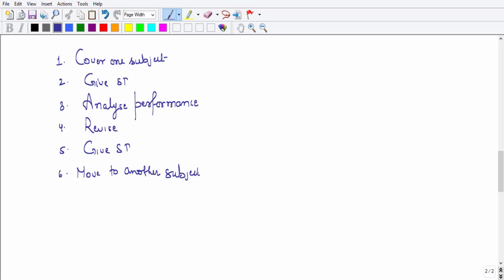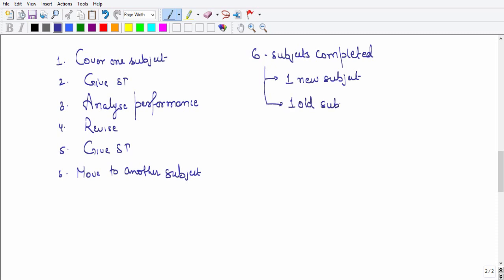Then once you are done with 6 subjects, if you have 6 subjects completed, what you do is you start one new subject, then one old subject revision. You have to do this simultaneously.